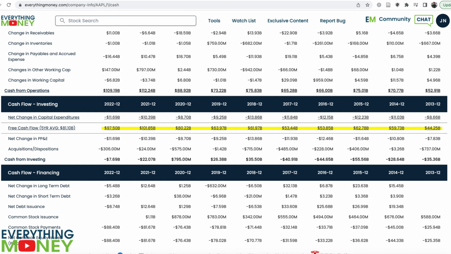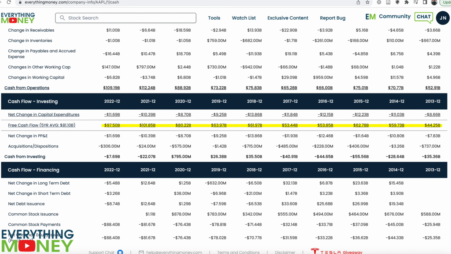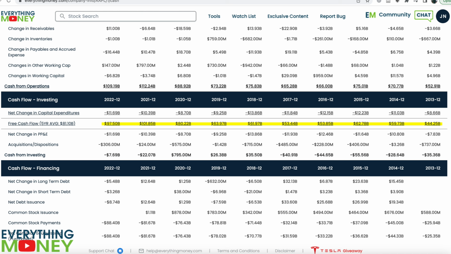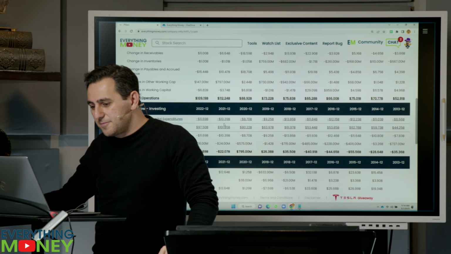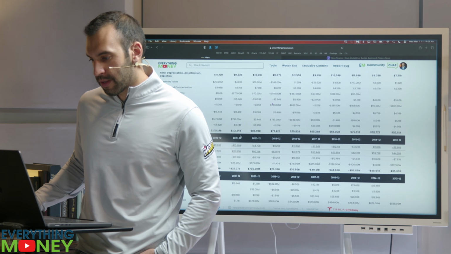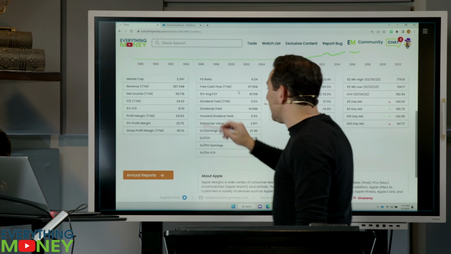Right? Yeah, I'm looking at Apple's cash flow. Sheesh. Let's look at Apple's. Let's pull up Apple here. It's even better than Microsoft's. Oh yeah, they're spending like 10% of their cash from operations on capital expenditures. Nothing. Geez. 5-year average of $81.1 billion. This is why companies like this are in such hot demand. This is why their PEs tend to be high.